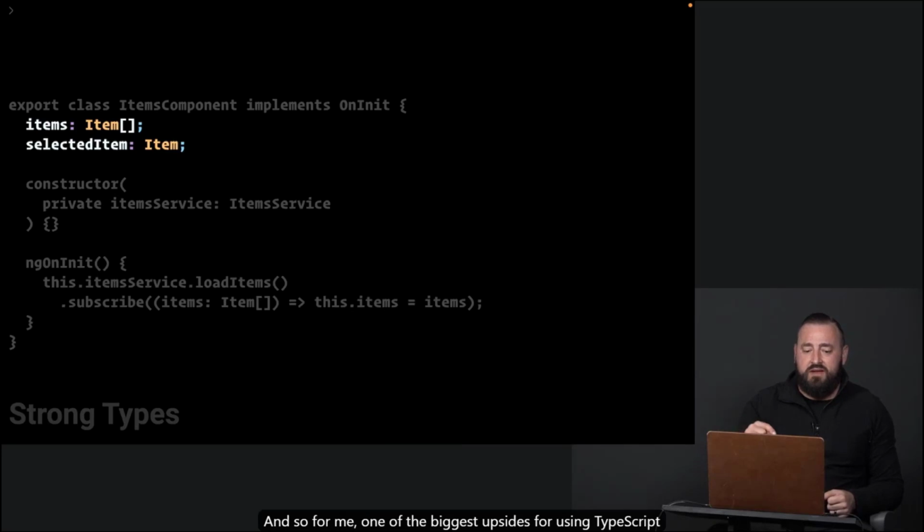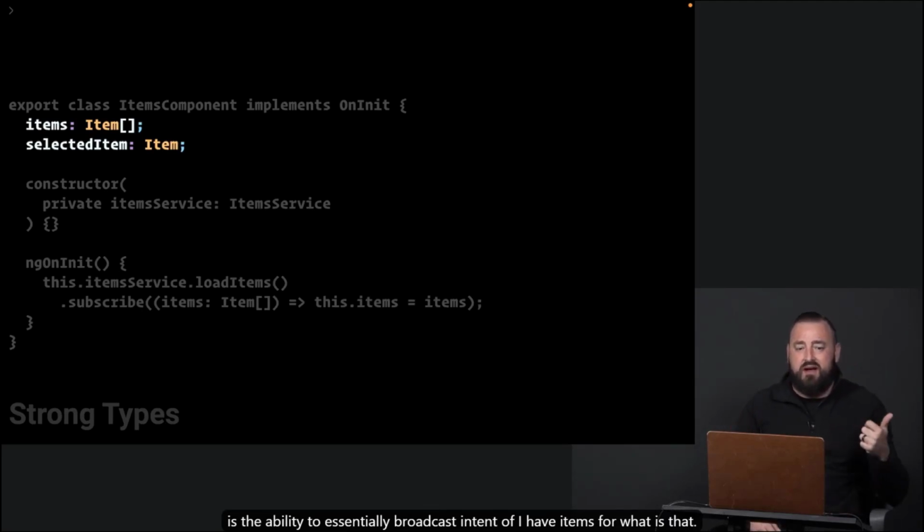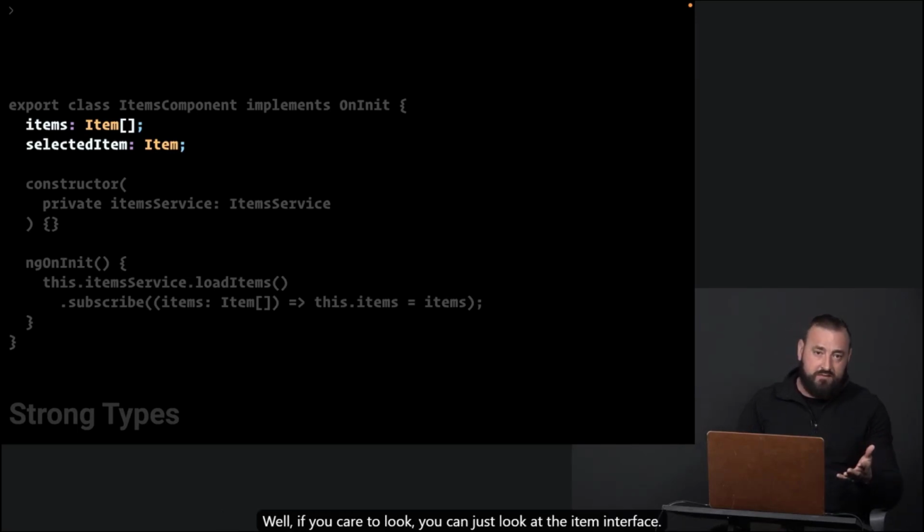And so for me, one of the biggest upsides for using TypeScript is the ability to essentially broadcast intent of, I have items. Well, what is that? Well, if you care to look, you can just look at the item interface.